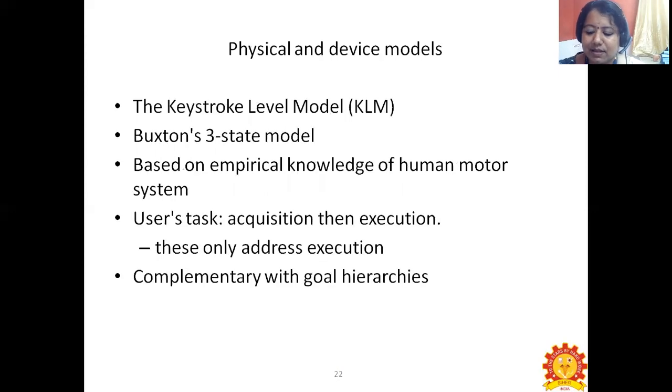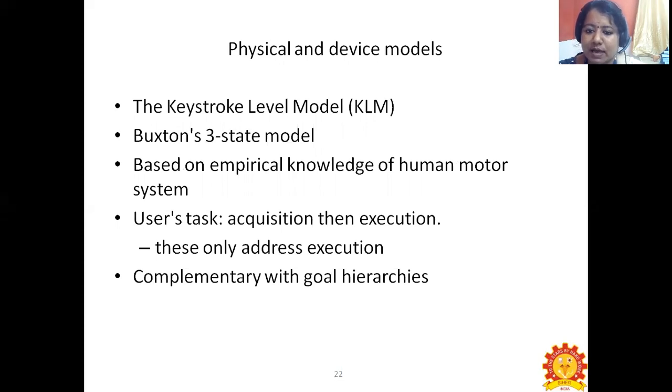The third step which comes under the cognitive model is the physical and device models. Under the physical and device models, we are going to see KLM, which is the keystroke level model, introduced based on Buxton's three-state model, which is mainly based on empirical knowledge of the human motor system.